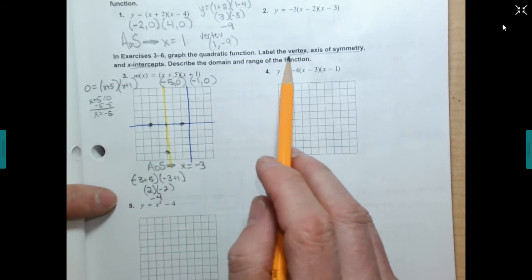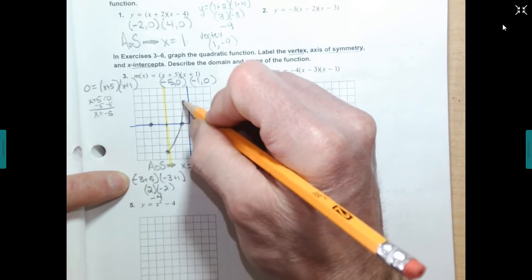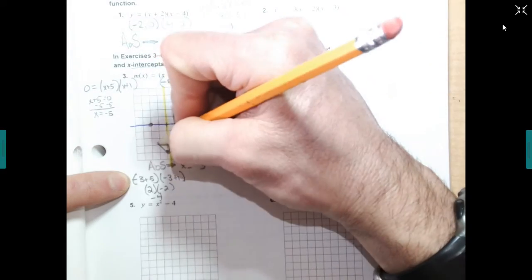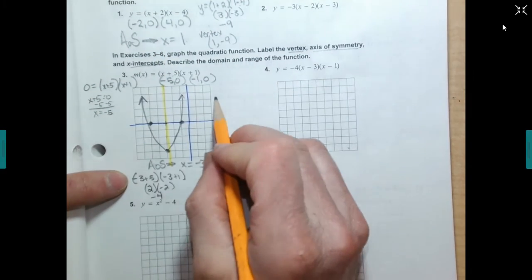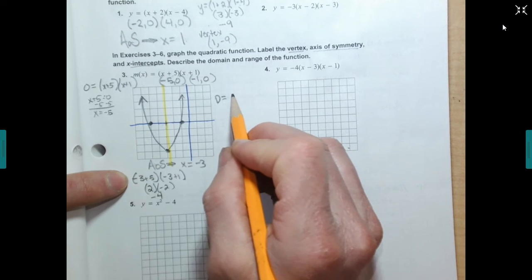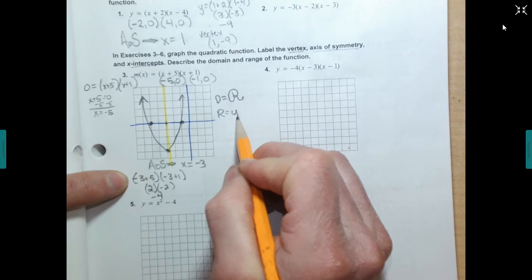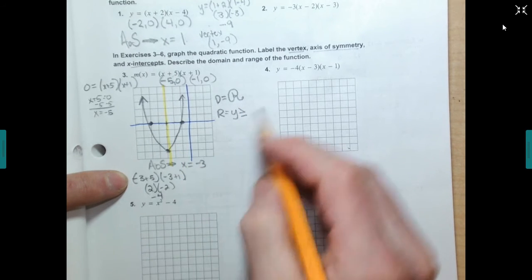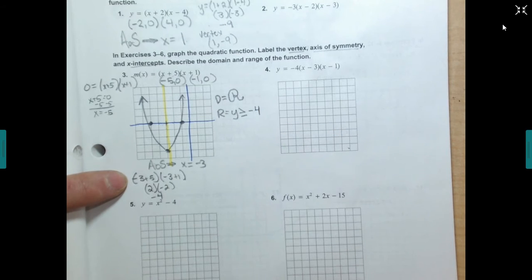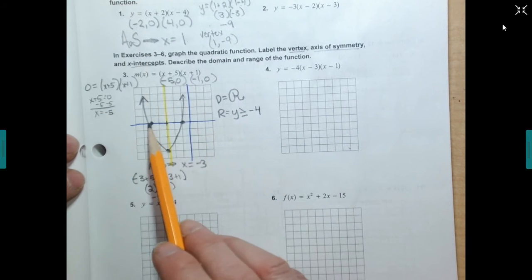Let's see. There it is. That's all we have to do. There's our parabola. And now we have to say our domain is all real numbers, and our range is y is greater than or equal to negative 4. Okay, so there's a couple steps, but I think if you can wrap your head around the x-intercept,